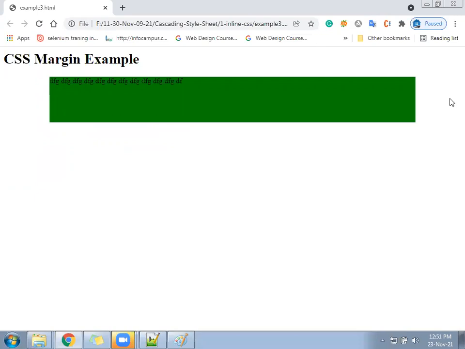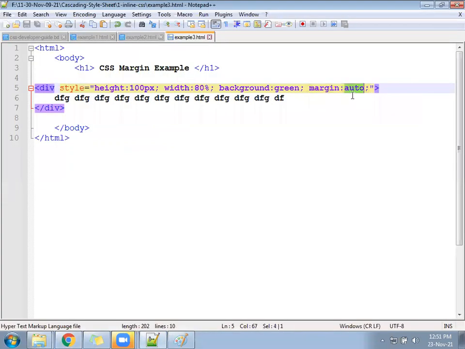That is taken care of by this property, margin auto. Total area minus width: the total area is how much? 100%. 100% minus 80%. The remaining space is divided by 2, half in the left and half in the right.